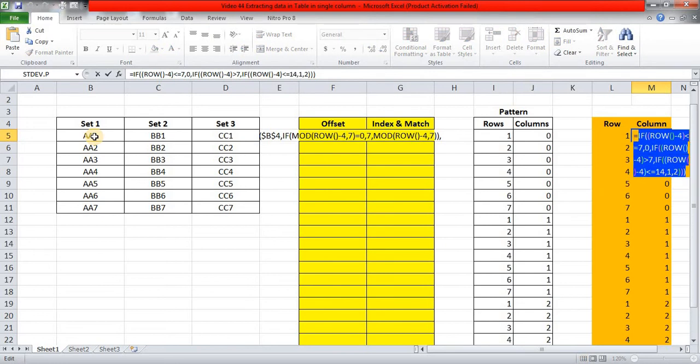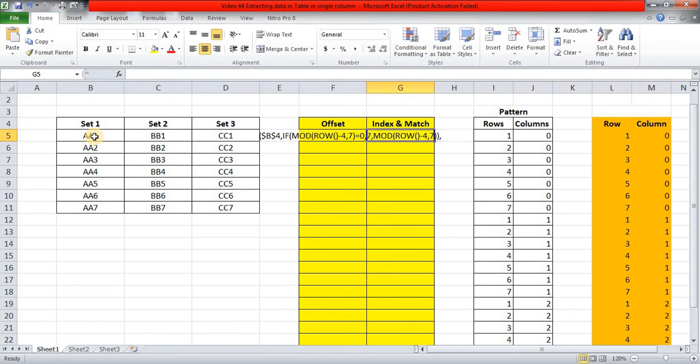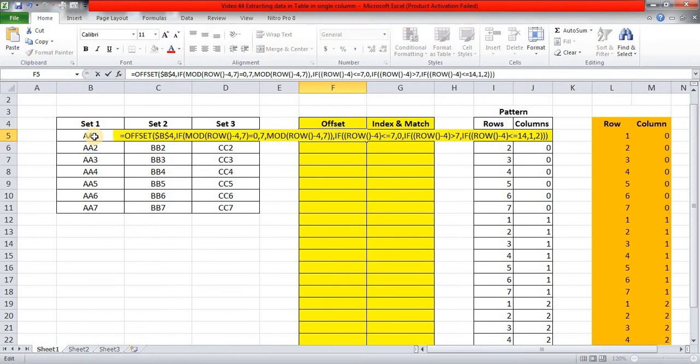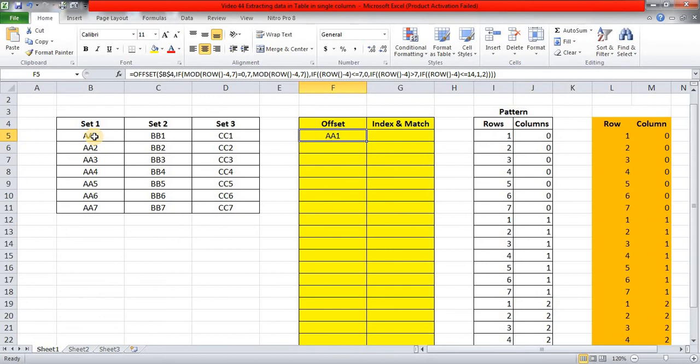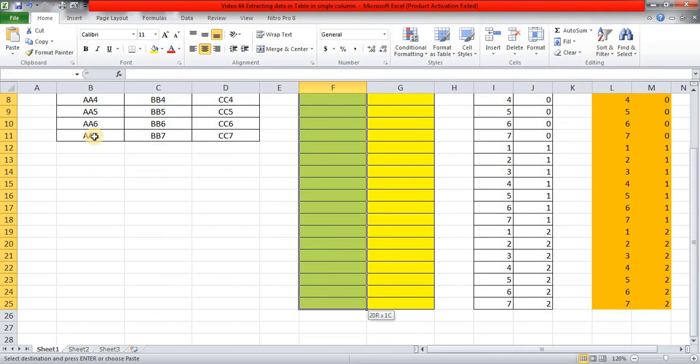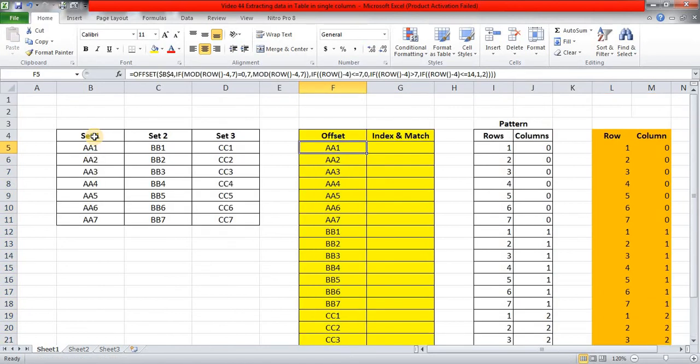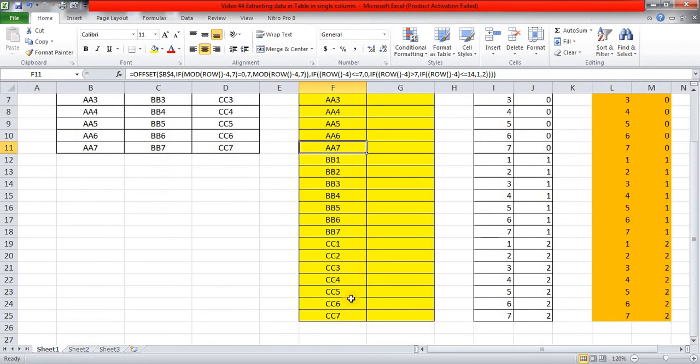We'll copy this stretch of integrated function and build it inside this offset. Now I am coming to the start of this function and deleting that extra space which we have given. So now all these references have been activated, and enter. Looks like things are okay. A1, AA1, let's copy this, and here it is. Okay, so AA1, AA2 to AA7, then BB1, BB2 to BB7, and CC1, CC2 right through